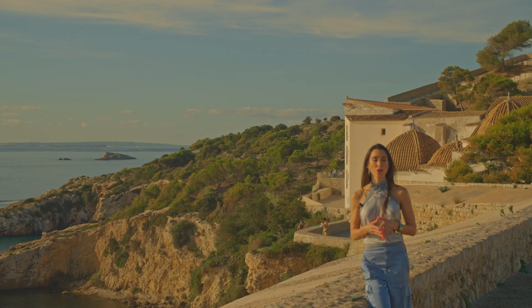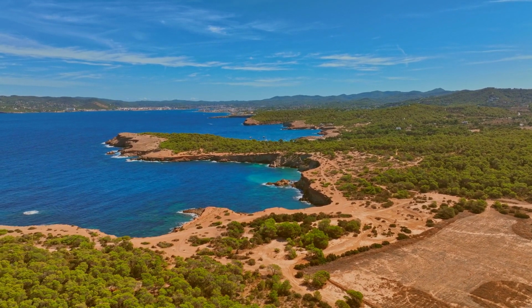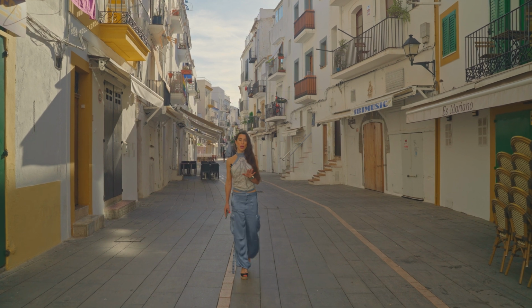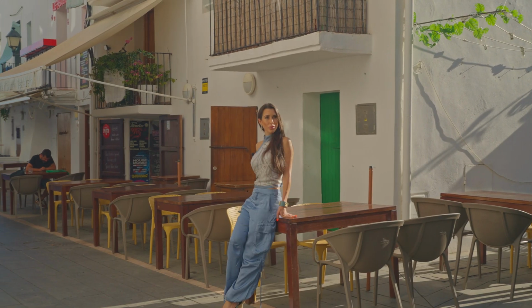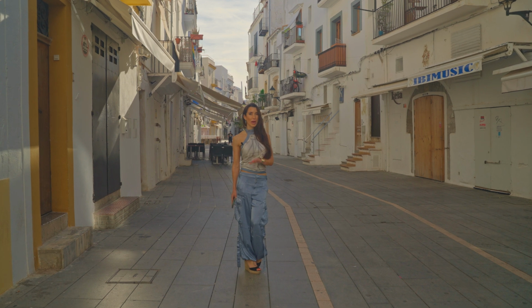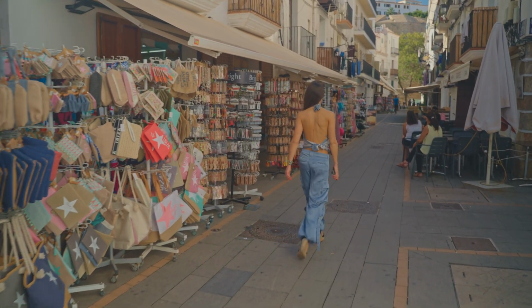And you know what? You are 10 minutes from the airport. That's nothing. Imagine, and 5 minutes from the beaches, yet you are here in the old town. So in early mornings, everything's closed. Here in Spain, shops open around midday. They then close for lunch and they open again in the evenings around 6. But the most amazing thing is they're open, most of them, until 11 p.m. to midnight. So you can walk around, imagine this town buzzing with light, buzzing with people, and these shops are